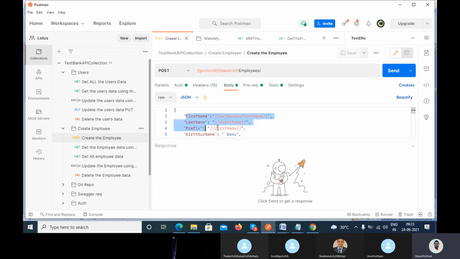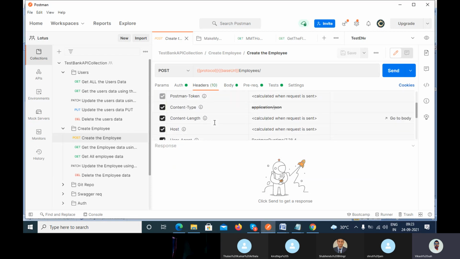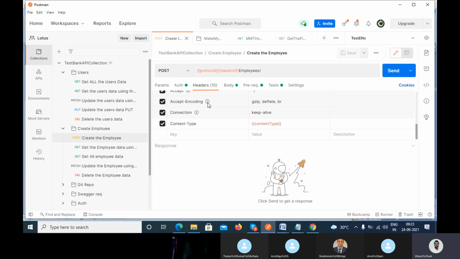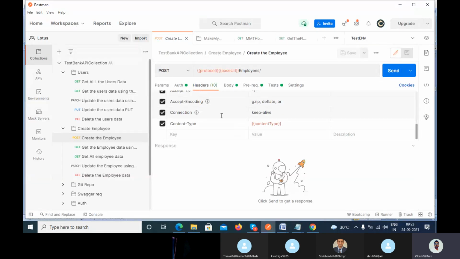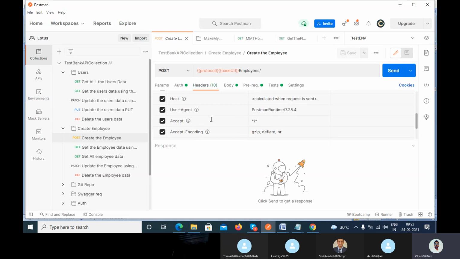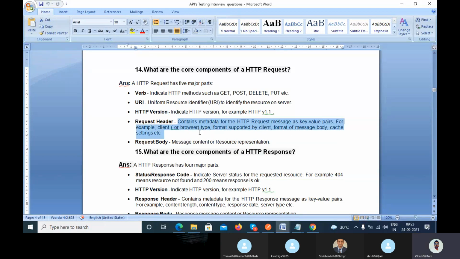Some companies are using different HTTP versions, and some companies also launch new HTTP versions. Then the request header, which we are using here. In the request header, we are passing the content type, accept, and the authorization, right?